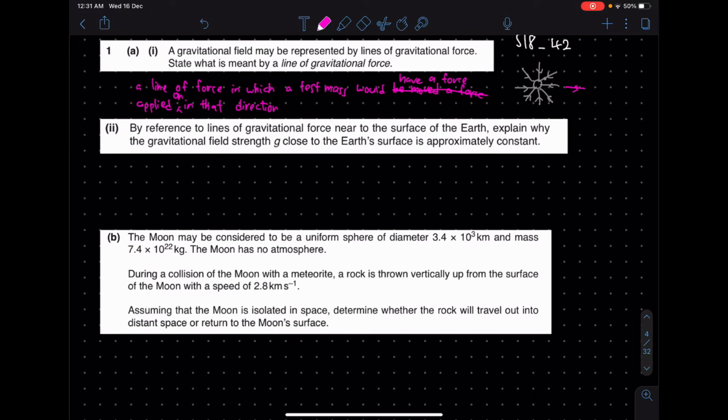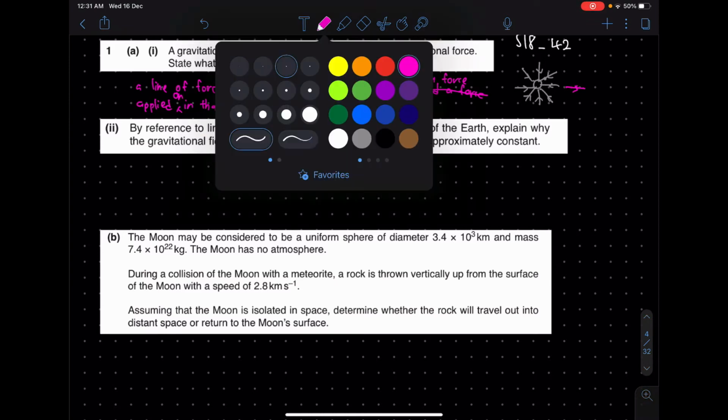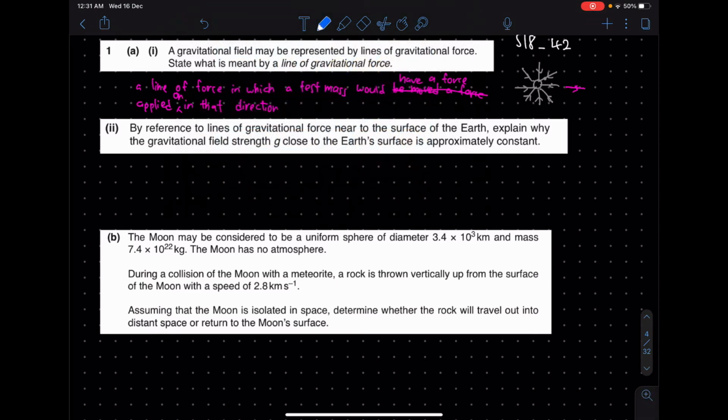Okay, so next, by reference to lines of gravitational force near to the surface of the Earth, explain why the gravitational field strength G close to the Earth's surface is approximately constant. Well, for this one, we can imagine Earth. Okay, so this Earth, I'll draw the similar thing again. Now remember that these lines are representative of the gravitational field lines, and if we zoom in, right,